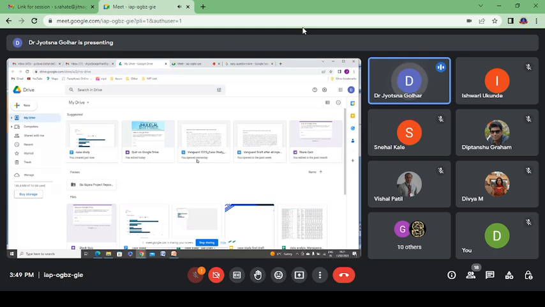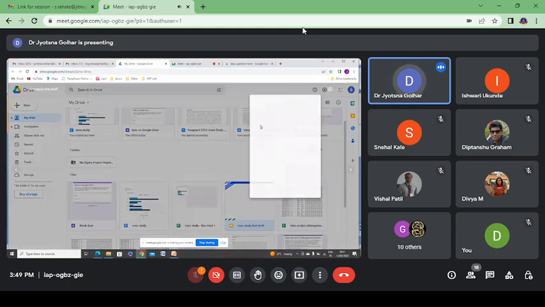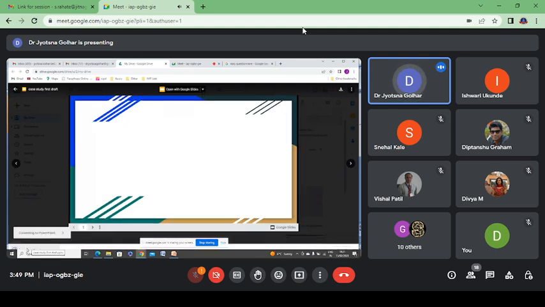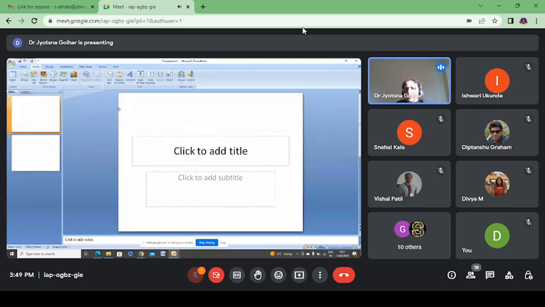It is just similar to a PowerPoint presentation, nothing else. If you see here, the quick access preview. If I just click on preview, you get the feel of that presentation directly here, open with Google Slides. If you don't want that, you can download the presentation from here, and it will be saved on your desktop. I'll just show you. It is saved on my desktop somewhere, with the presentation name. Again, whatever changes I make here will not come there. So better is to go and